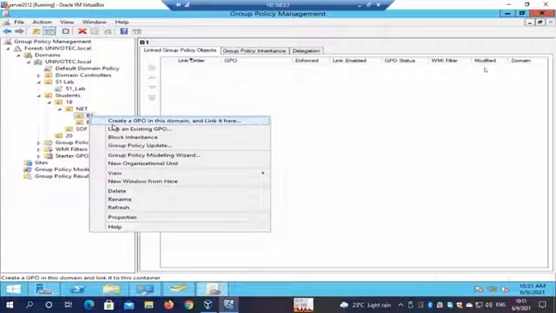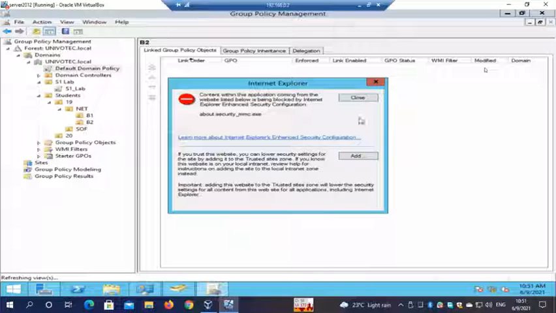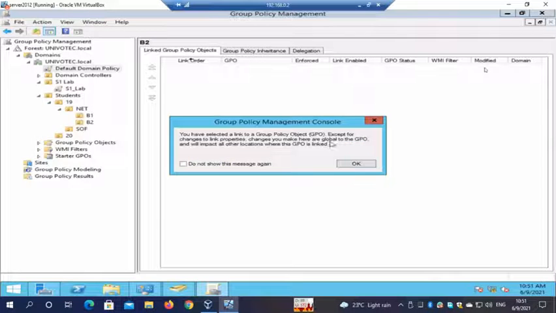So yeah, here I have to create a GPO, that is a group policy object, and then I can customize it according to the requirement. Then those will be applied to these B1 users only, right? Then for B2 again I can create a separate one. So you saw what was in the default one, right?